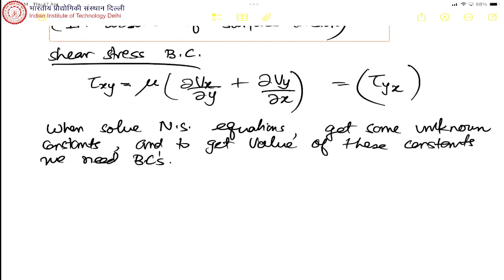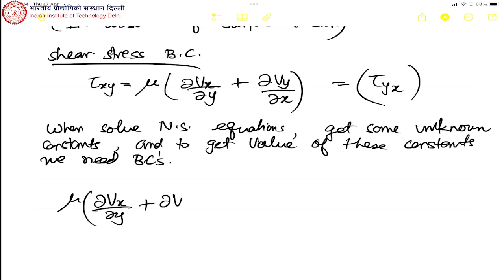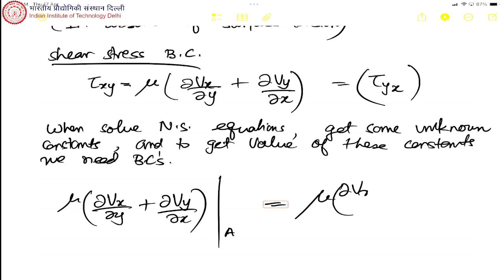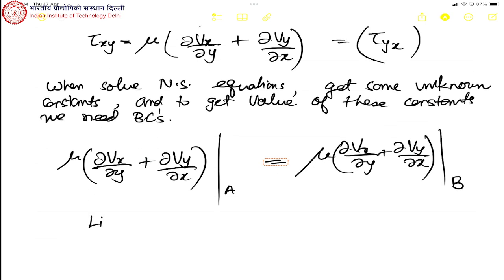We need them. Maybe this should have been the starting line when I talked of the boundary condition. The motivation would be this: when we solve the Navier Stokes equations, we get the constants and we need the boundary condition. So now coming back to the shear stress boundary condition, this will give us mu times partial Vx by partial y at A. This is for a